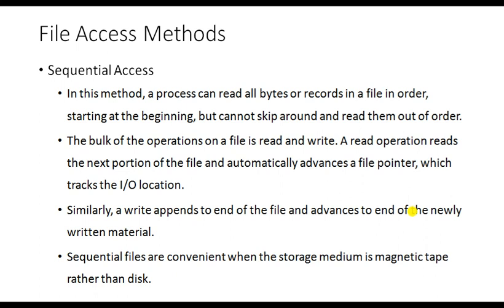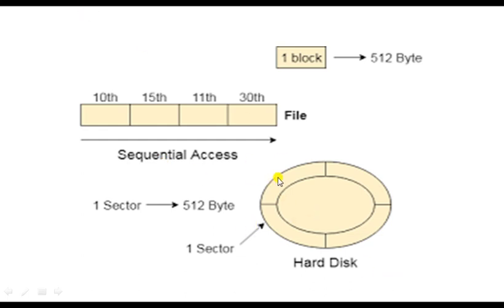While accessing the file content, whether the file is accessed in a serial manner or a dynamic manner depends on the method. Sequential access in the sense the operating system is accessing the file in a sequence. So here this is a hard disk. You know, every hard disk is divided into different sectors, tracks, etc. And you generate a file. That file occupies some 4 blocks of memory. Let us say this is a file. This file occupies 4 blocks and each block is of 512 bytes.